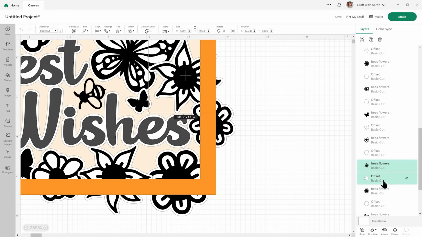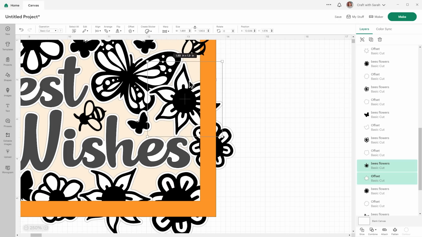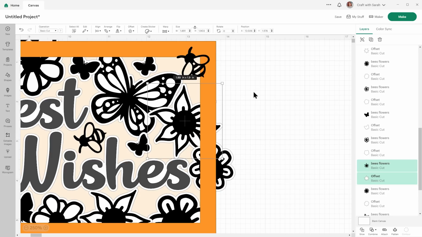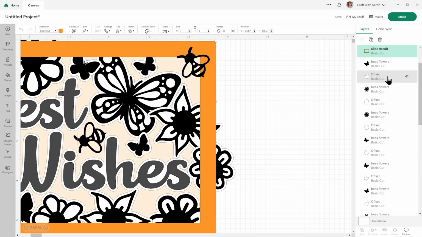on that offset. So here there's a tiny gap between the edge of the flower and the text. So I'll move it down. And then there are some little gaps here between the flower and the butterfly offsets. Those are okay to leave as is because we can fill those in with the contour tool. And this little butterfly.